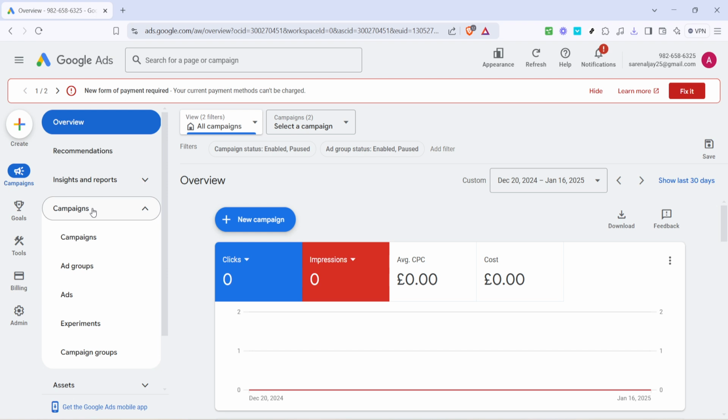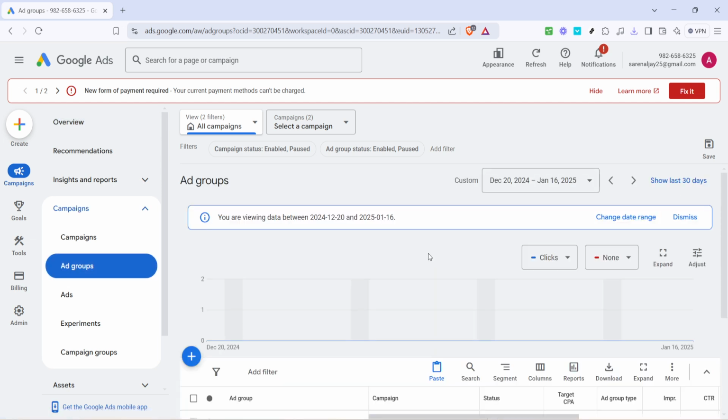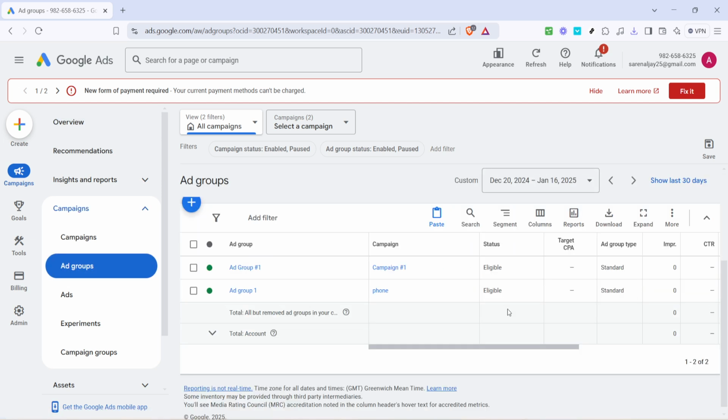Now, you need to find the specific ad group you want to edit. To do this, simply click on Ad Groups under your chosen campaign. This will list all ad groups linked to the campaign, allowing you to make detailed changes to each one as needed. This tab is crucial because it lets you target your ads more precisely, adjust your budget, and update your